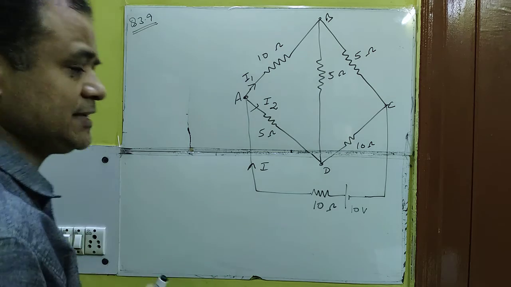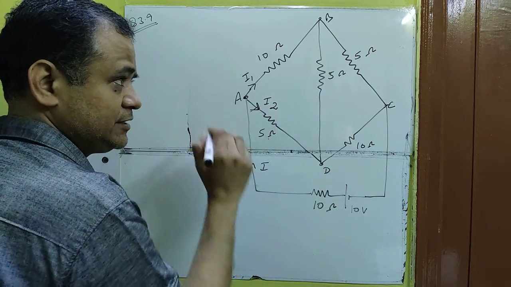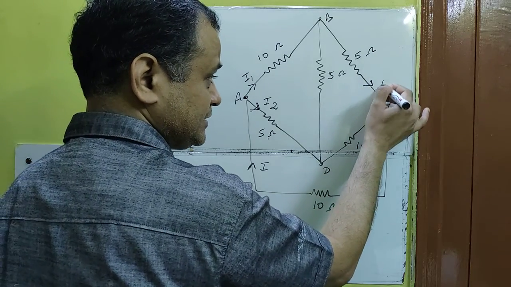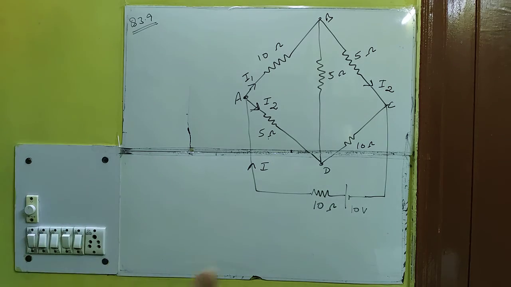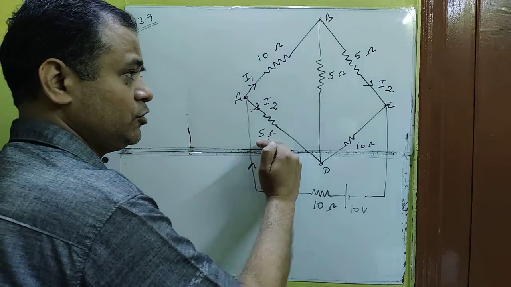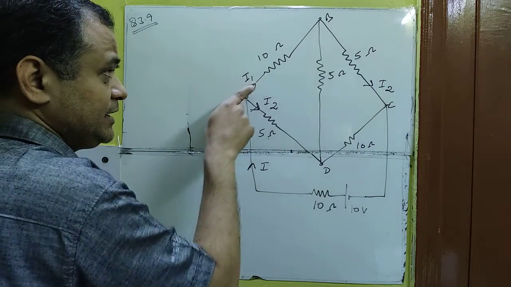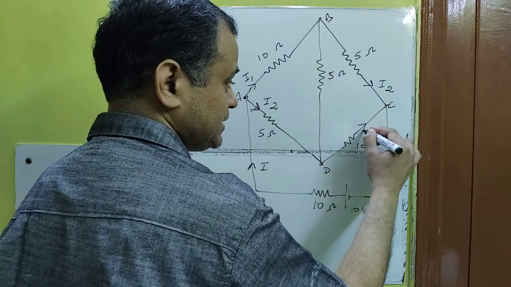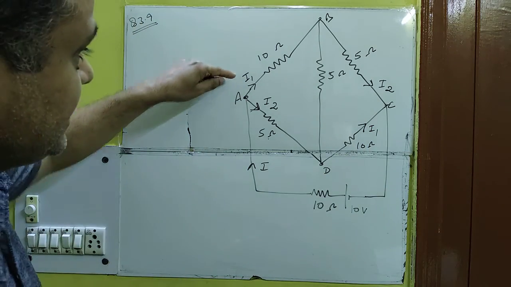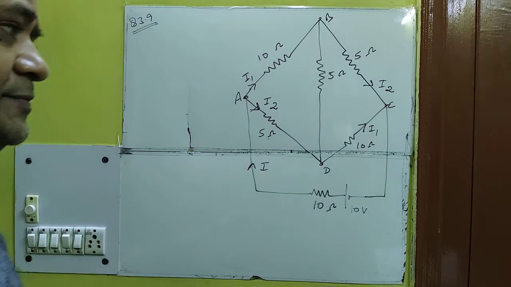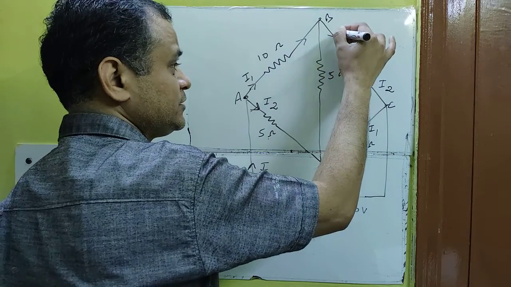So remember that in such type of question, if the current entering this resistance, that means the 5 ohm resistance, is I2, then here the current exiting must be I2. It is an illustrated example. So if here the current is entering the 5 ohm, here the current must be exiting the 5 ohm as I2. Here the current entering the 10 ohm is I1, then here the current exiting must be I1. So look here, the distribution of current: I1, and here goes I2.